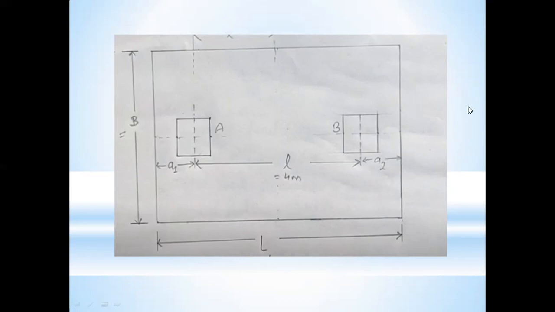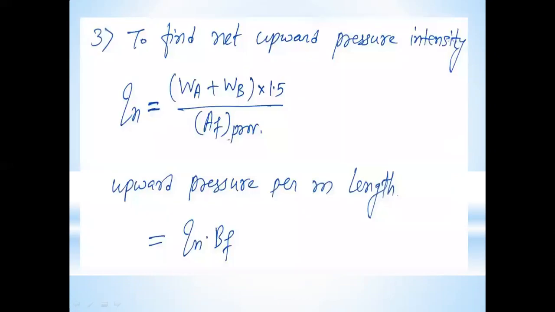Okay, so now we'll move towards the next point. So bearing capacity, that is the QU, upward net pressure per meter length. That part is completed. Load divided by cross section area. QU into BF, that QU is the upward bearing capacity, into BF is the width of the footing per meter length. If we already know the area and the load on the column, into the multiplication of factor of safety, from that we get the upward net pressure.